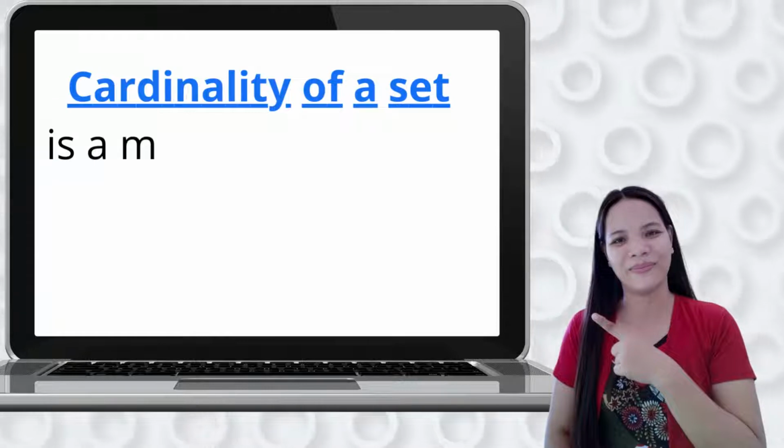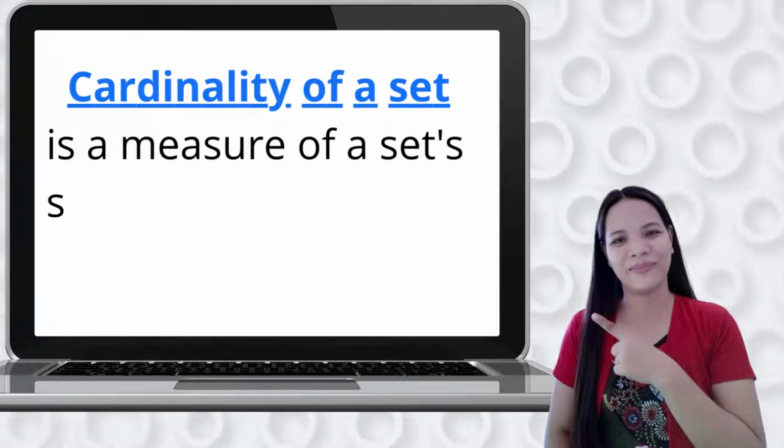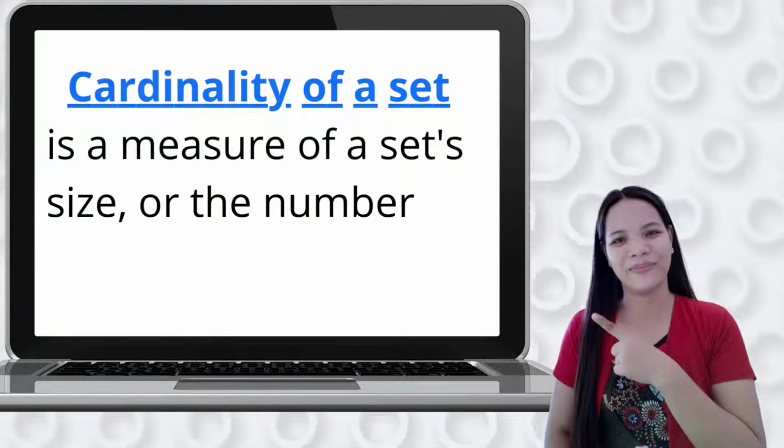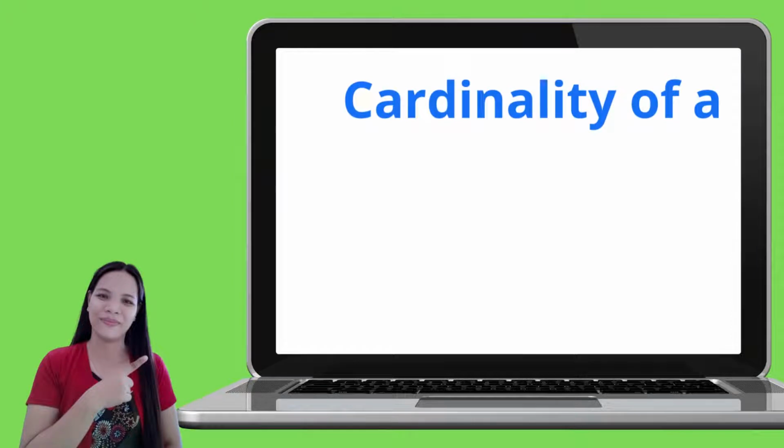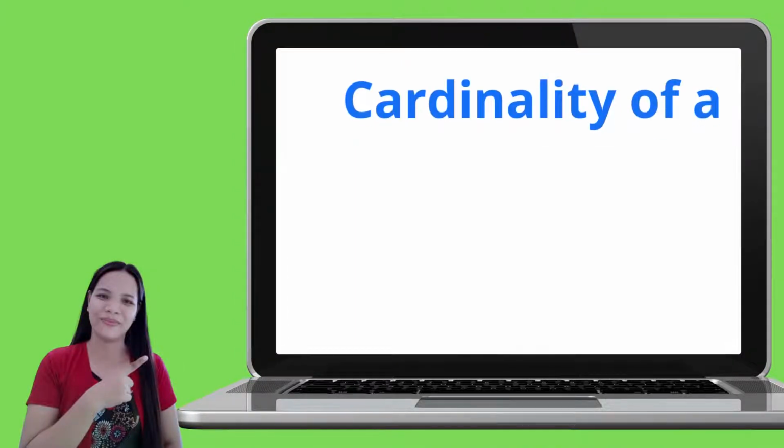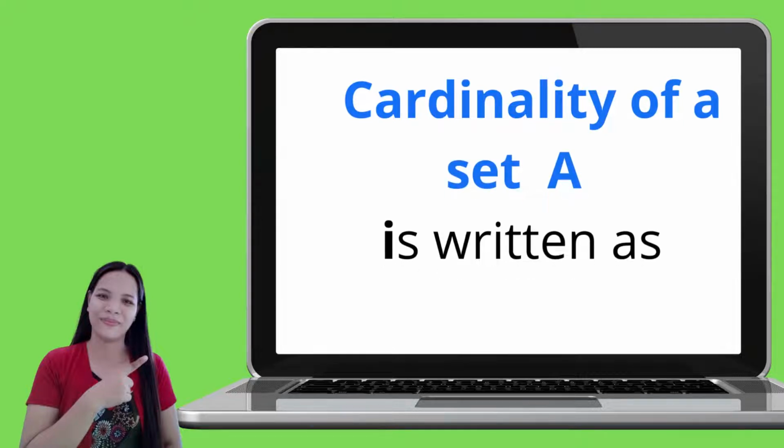Next, the cardinality of a set is a measure of a set's size, or the number of elements in the set. The cardinality of a set A is written as n, then parenthesis, capital letter A for set A, and then close parenthesis. So let's have